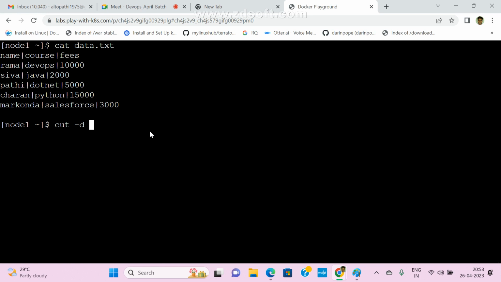What is the separation I gave? The pipe symbol, right? Give the pipe symbol. Space, and then hyphen f. f represents field. Space, and what is the field? Second, third or first? I want the second. And the file name is data.txt.